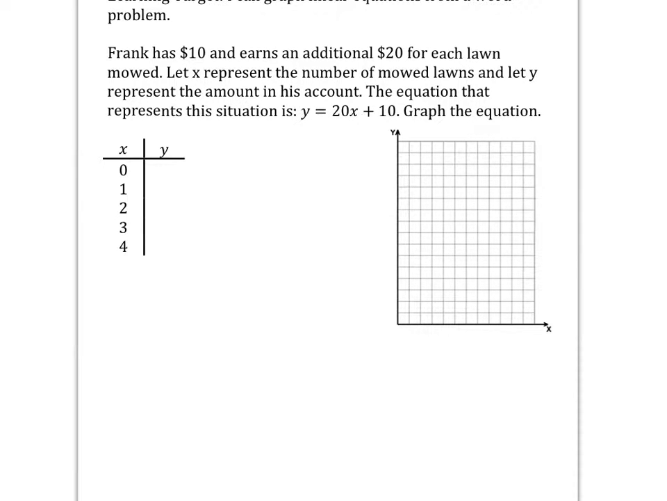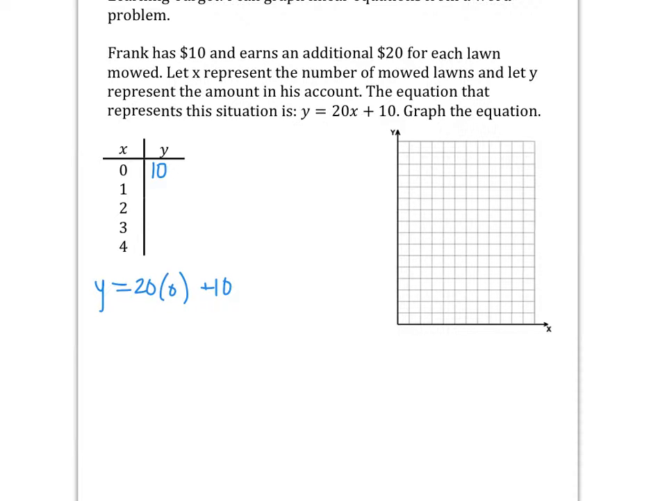Let's fill in the table of values and then graph those ordered pairs that we figured out from the equation. Okay, so I'm first going to plug in 0 into the equation and solve for the output. So Y equals 20 times 0 plus 10. So 20 times 0 is 0, plus 10 is 10. So if he does 0 more lawns, he still has $10, and that makes sense because he already has $10